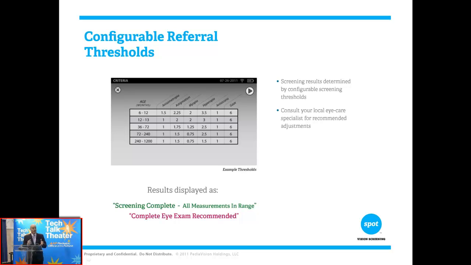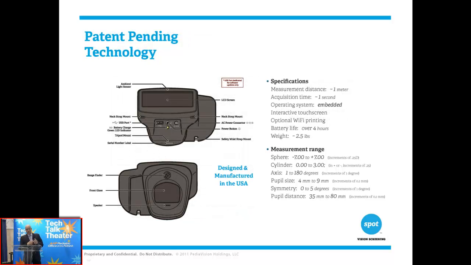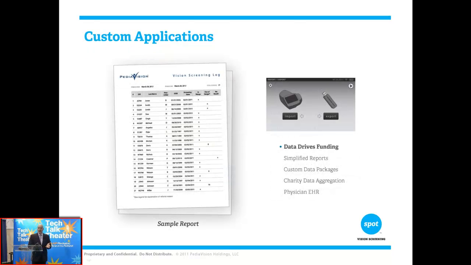The Spot Vision Screener was developed over 3 years of deep research and development, and it's got patent pending technology for the optics. We've got wide specifications for reading the widest of vision issues. It's very accurate in determining children that are very much out of range, and we found great success with the product in its early release. Behind the optics and all that is how it fits within the practice flow. With the Wi-Fi and electronic health records, we've got some very simplified ways to connect to you and make it very easy to manage your vision screening within the practice.